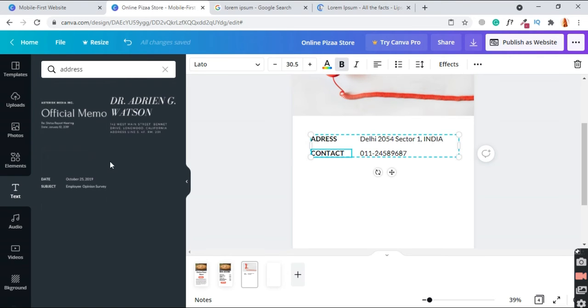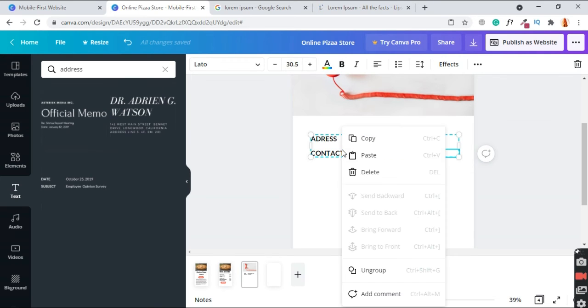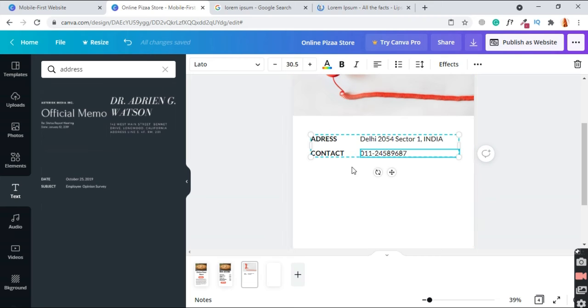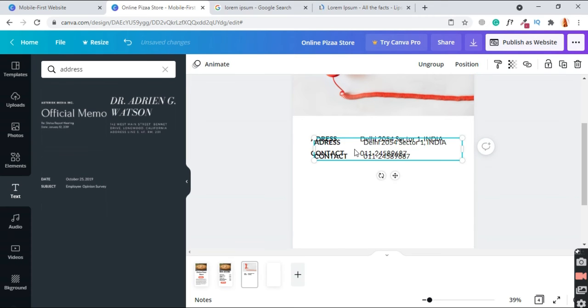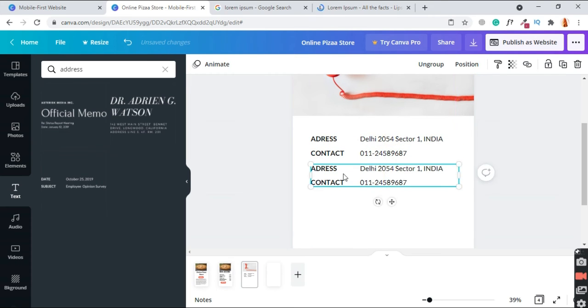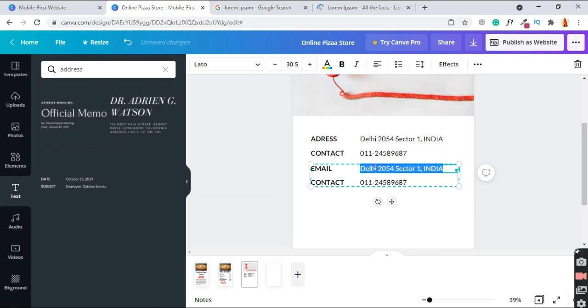So let's add email. Okay, just copy it and paste it. Just remove it. Email: nocodingskill94 at gmail.com.